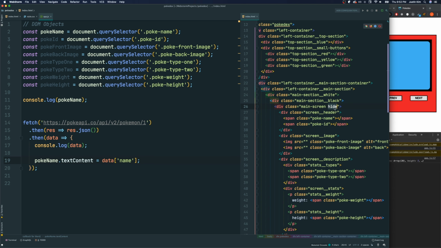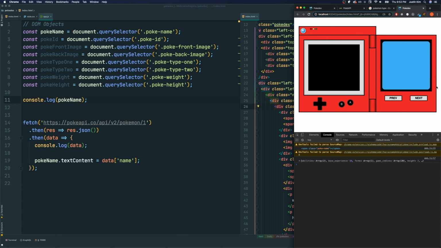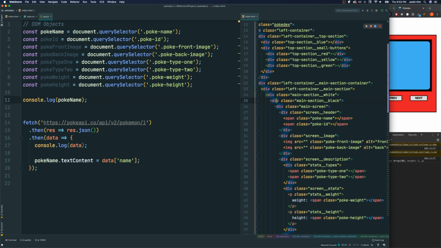What this hide class does is it pretty much makes this div have a display of none, meaning it hides it. The reason why I want to do that, let me show you why I did that. If we erase this hide, I refresh the page, you see this nasty thing right here, like all this empty state. I don't want to show that. So that's why